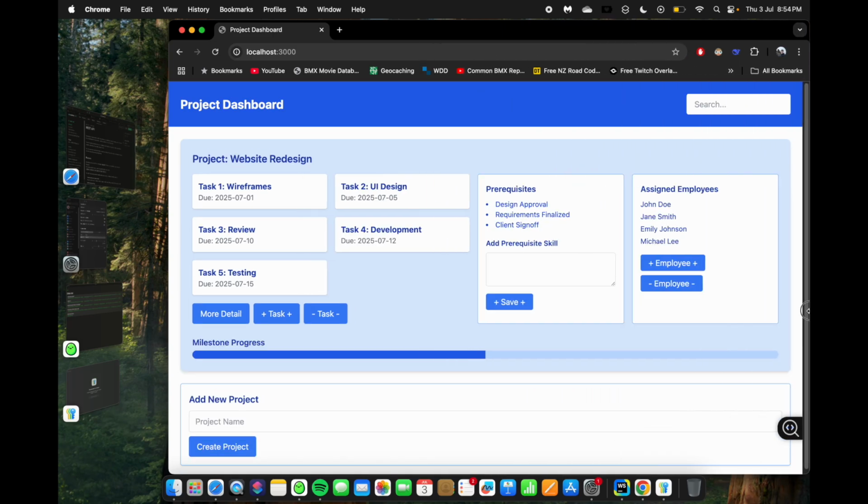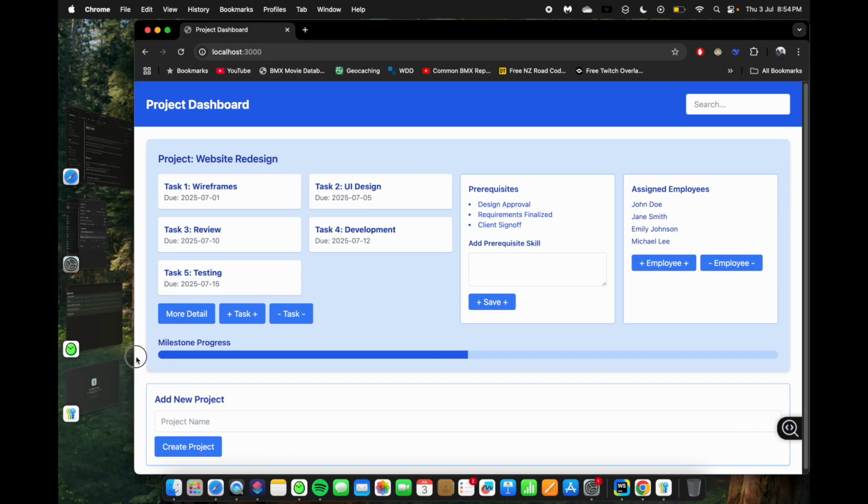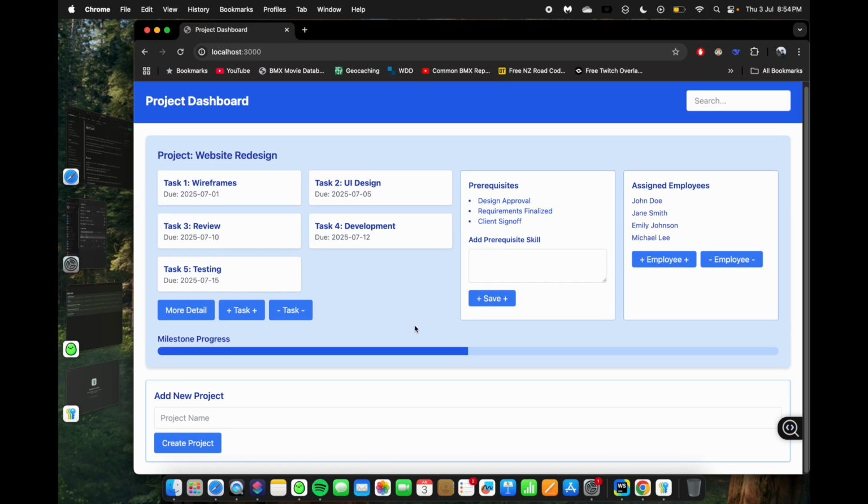I'm using Next, coding it in JavaScript and using JavaScript to generate raw HTML, but I'm using Next to deploy and test it locally, and also using Node to load it as well. So I'm using Node with Next and will be using other things like that. This is what it currently looks like.